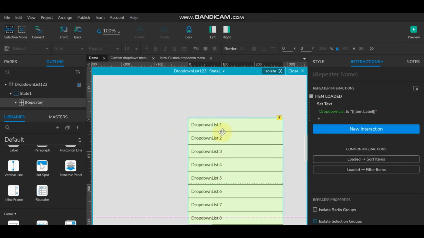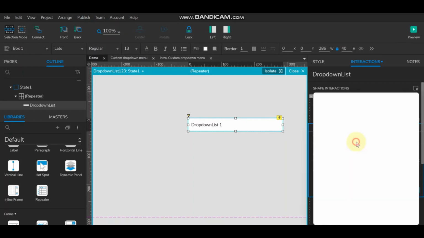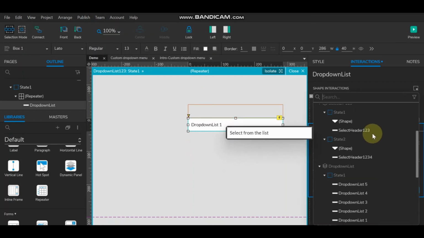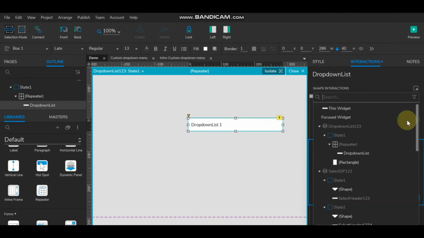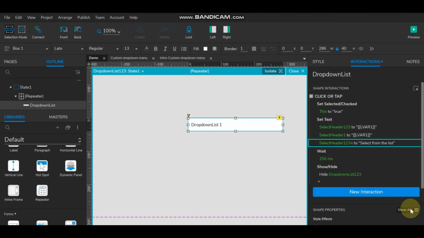Now come here, and on click, select header 2, whereas we have the target, select header 1 2 3 and we have target 1 2 3 4, this one. Say OK,